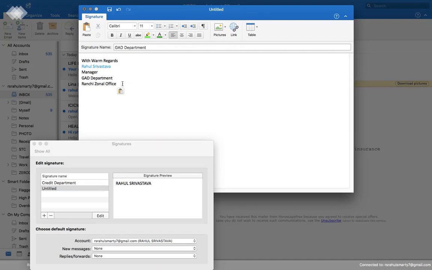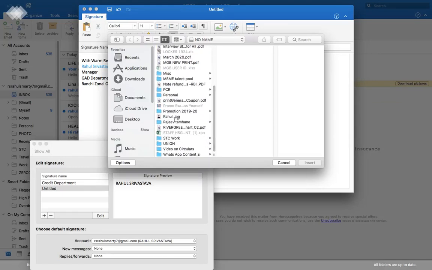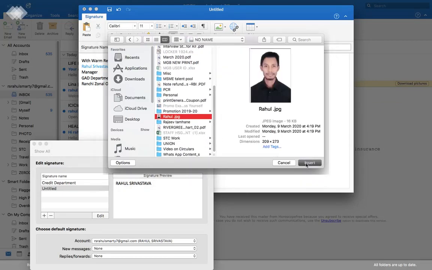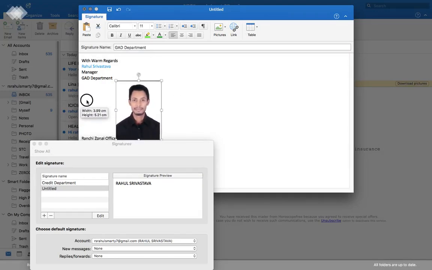Now suppose I want to insert a picture of mine over here, that also I can do. I will go to pictures, choose picture from file, and select the file which I want to insert. Now I'll just reduce the size of my picture.